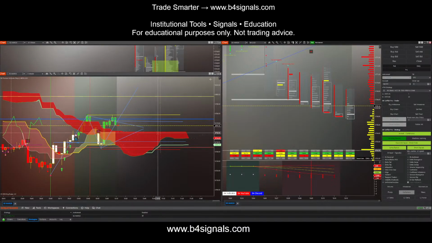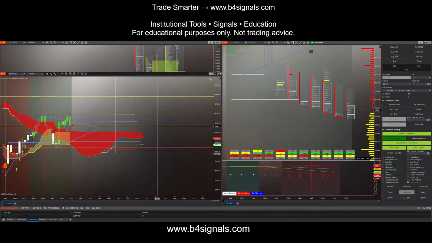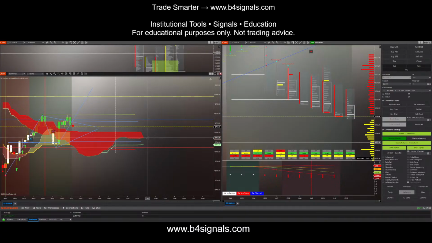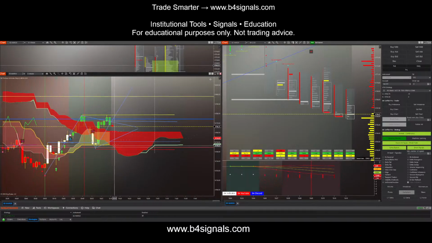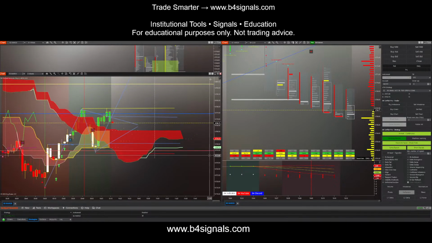I'm looking at my show you dots. My show you dots are showing me a potential Kumo twist here. You see this green dot right here and this red. That red's a single span B. That right there is a single span A. That's a Kumo twist to the upside. It's also showing some potential in 3, 6, 9 minutes for price to start moving. What we typically do, guys, we typically trade in the direction of our Kijins. And in 9 minutes, it says that our Kijin has potential to start moving up